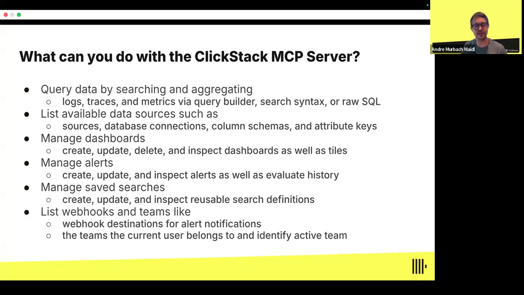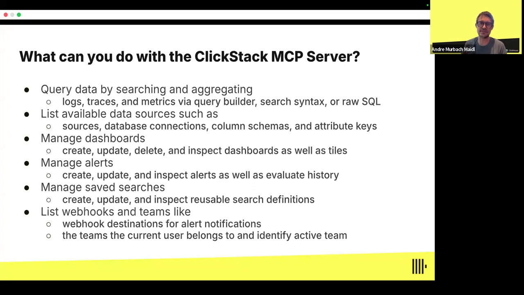We also have another MCP server. When you enable the MCP server in ClickHouse Cloud, by default you are enabling the ClickHouse Cloud MCP server, which is suited for talking to ClickHouse in SQL. But in ClickHouse we also have the observability use case. In this case, you are interested in monitoring applications. If you are monitoring applications with ClickHouse, then you can also use the ClickStack MCP server.